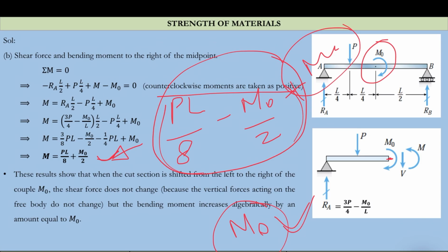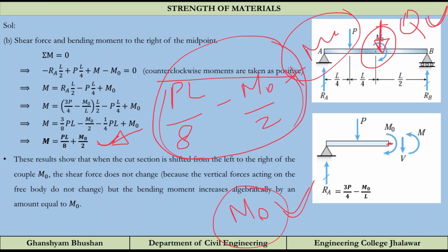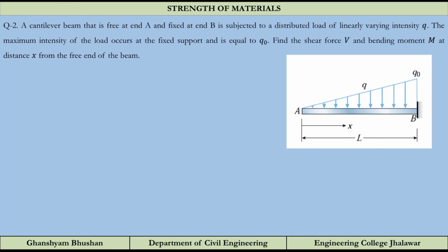So in the bending moment diagram, if you plot it, you will get a jump of the external applied moment. And for the shear force, if some load is given, let us say a load Q is there, then when you cross that section there will be a jump of Q. You have to keep this in mind when plotting the bending moment diagram or shear force diagram. Now let us try to solve this problem.